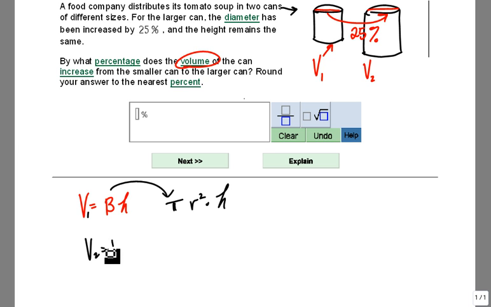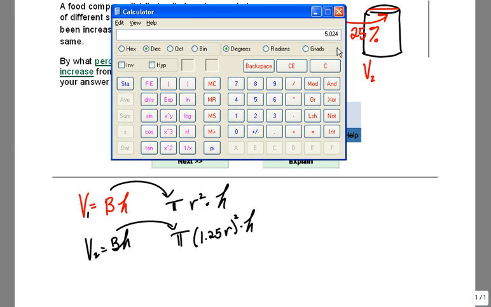The volume of the second can is also base times height, but our base here is going to be pi, and then we have here our radius squared, but it's going to be 25% greater, so technically that's going to be 1.25 r, and that is going to be squared times the height. And so we're going to be taking our 1.25 r squared, so 1.25 times 1.25, and we end up with